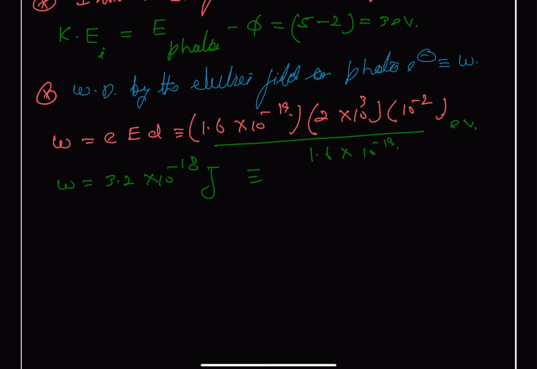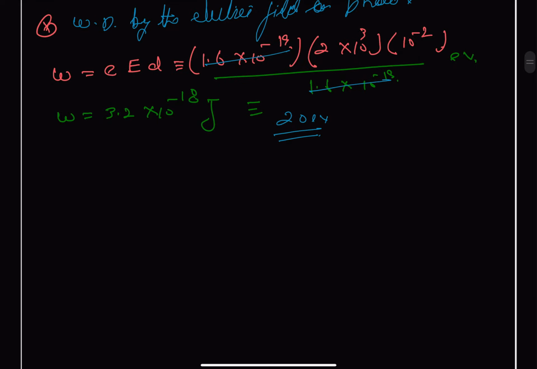So here this 1.6 and 1.6 cancel directly, so we get that work done will be equal to 2 into 10 raised to power 1, or basically we can write 20 electron volt. Okay, so this is the work done in electron volt. So final kinetic energy will be equal to initial plus work done. So we can write that